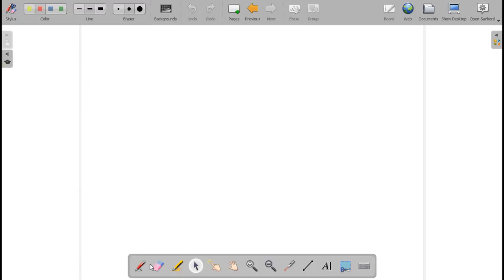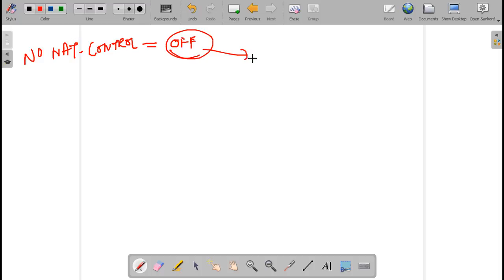so this means that when your NAT control feature is off, which means when you see the command no nat-control, it means off. When it is off, it means the requirement for translations is disabled, which means you don't need translations.